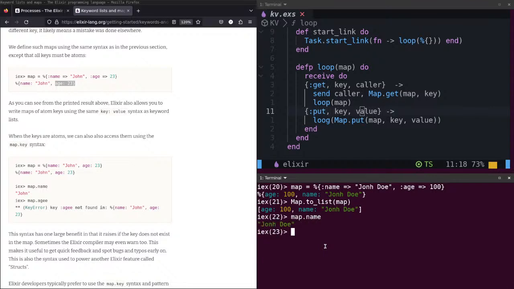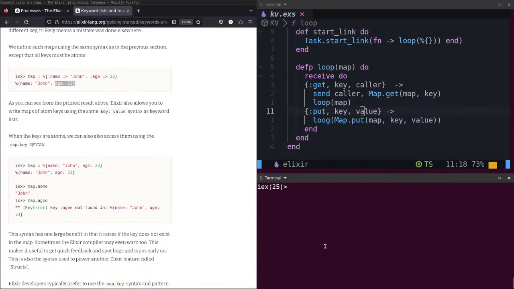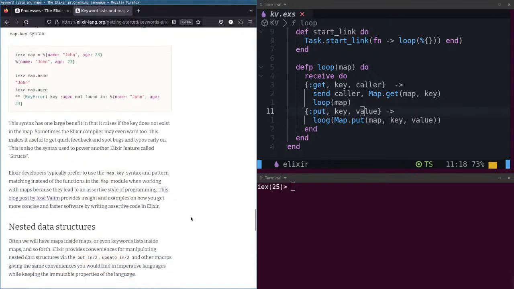Dot name, okay, John. Map dot age, nice, very nice. This syntax has one of the large benefits in that it raises if the key doesn't exist in the map.